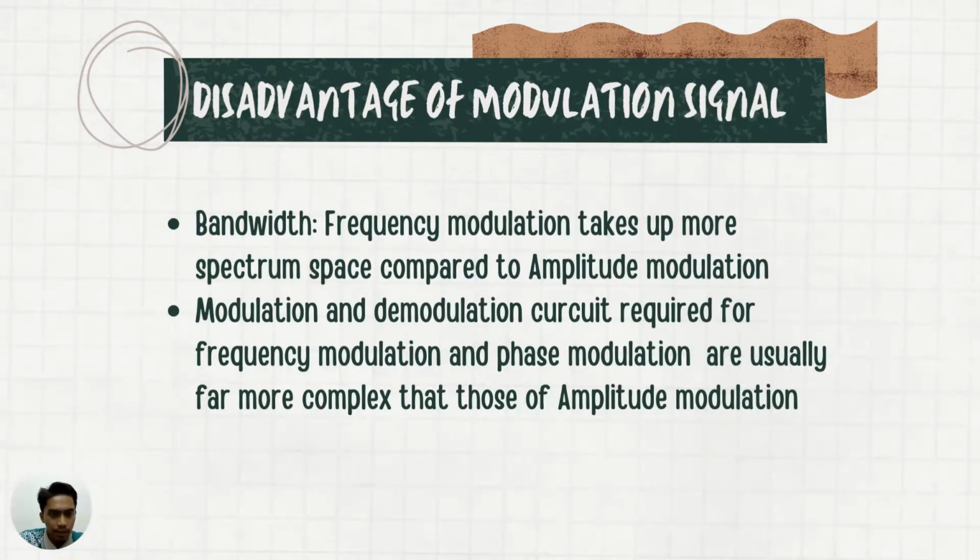The advantage of this modulation is firstly bandwidth. Frequency modulation takes up more spectrum space compared to amplitude modulation. Modulation and demodulation circuits required for frequency modulation and phase modulation are usually far more compact than those of amplitude modulation. So the application in daily life